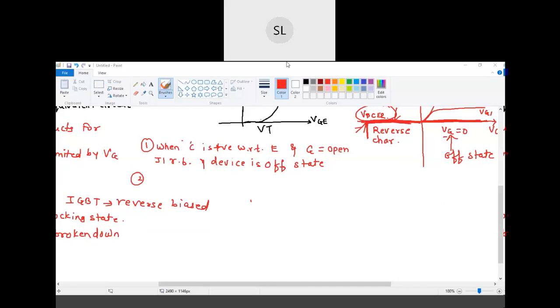Okay, so this was about today's lecture. In the next session we are going to start with the thyristor, okay. That is the most important device as far as the subject is concerned. So from the next lecture onwards, you'll have to concentrate more, so that once you understand how the thyristor works, it will be easier for you to determine the applications which are based on thyristors, okay. So today we will stop here. In the next session we will continue with the thyristor.